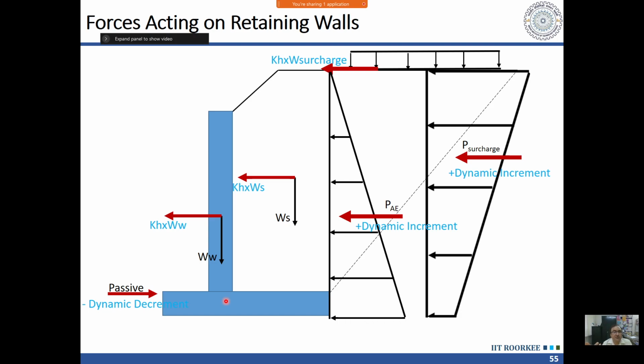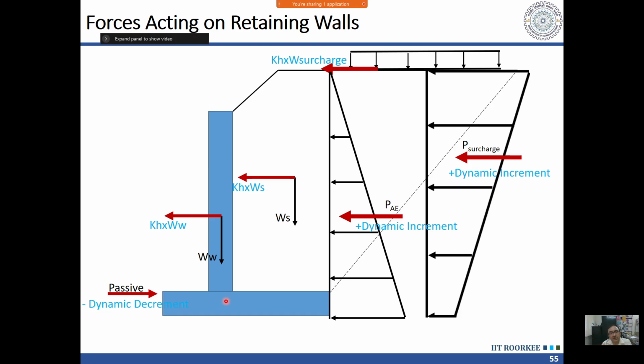In normal conditions, we use the factor of safety in sliding, if I remember correctly, 1.5 and 2 in overturning. Under earthquake, we reduce the factor of safety in sliding to 1.2 and overturning to 1.5. But the factor of safety in overturning is always larger than the factor of safety in sliding. This is to ensure that during an earthquake, my wall should slide. It should not overturn. It should not get damaged in concrete, but it can dissipate energy by sliding. So that behavior we have to ensure.